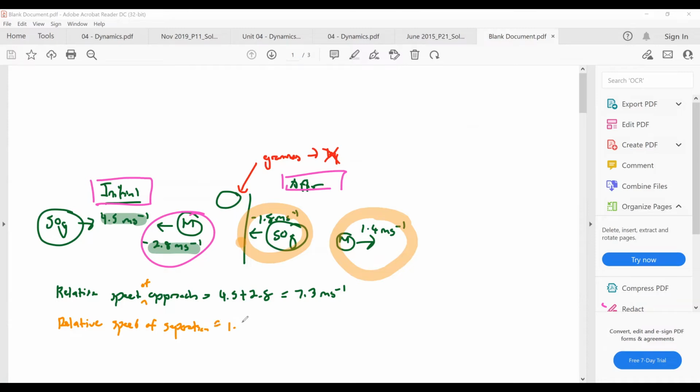This one will be 1.8 plus 1.4 equals 3.2 meter per second. So over here, your conclusion would be that since relative speed